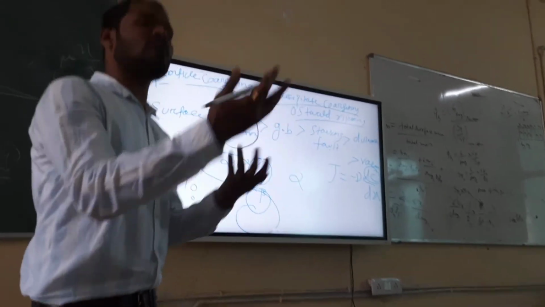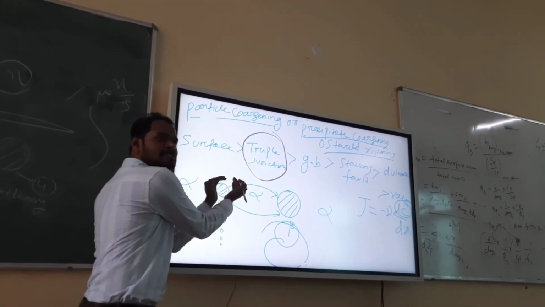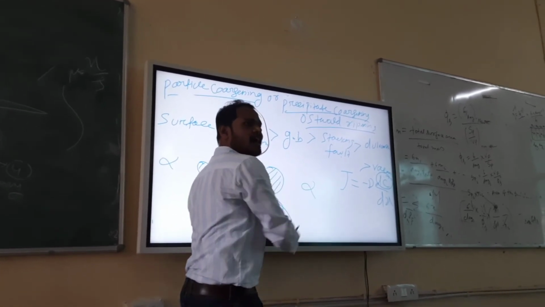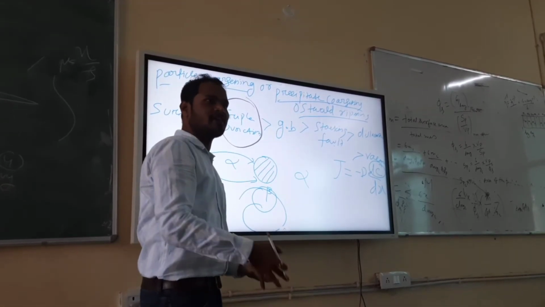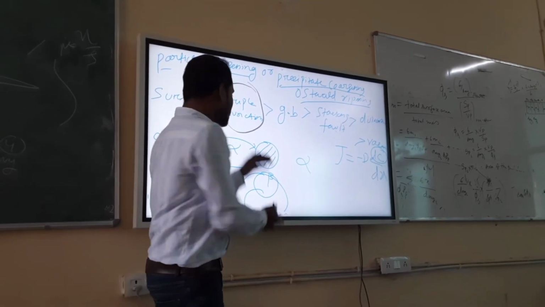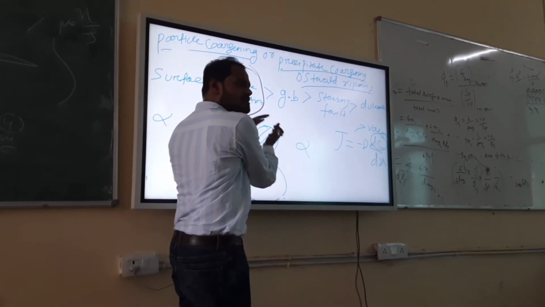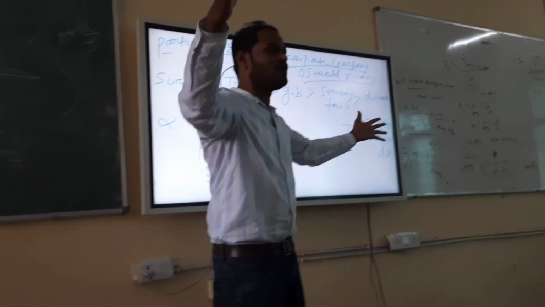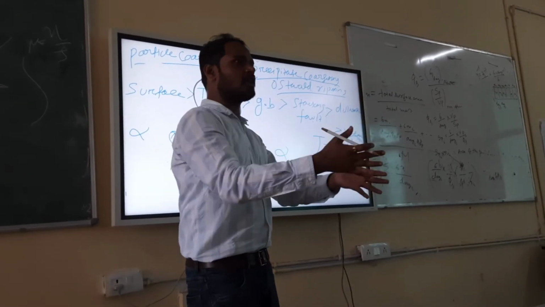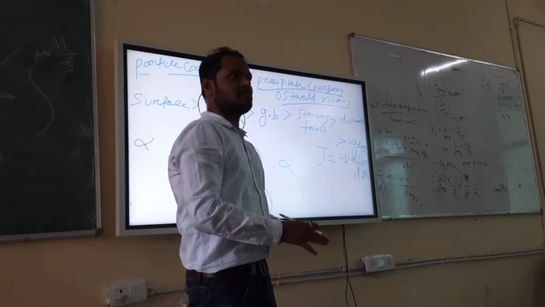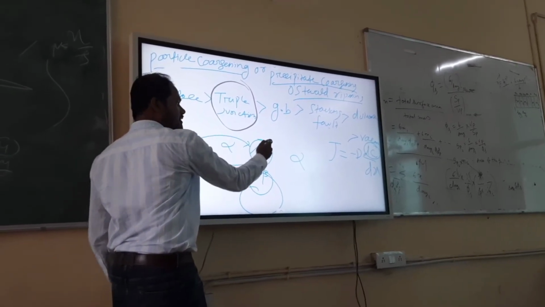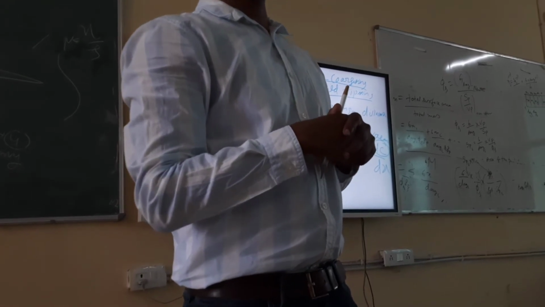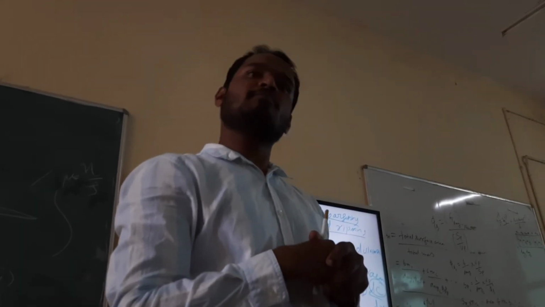So in simple words, what can I say? This precipitate has high free energy. This precipitate has low free energy. And obviously the system wants to reduce the free energy. So what will happen? This will keep growing, because the bigger it gets, the lower your free energy becomes, because the curvature decreases, right? So this is the situation. Atoms will migrate from here to here, and it will grow bigger and bigger. That is called Ostwald ripening. Bigger precipitate grows at the expense of smaller precipitate.